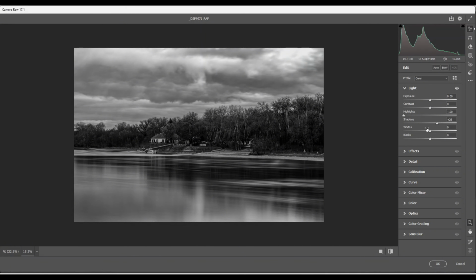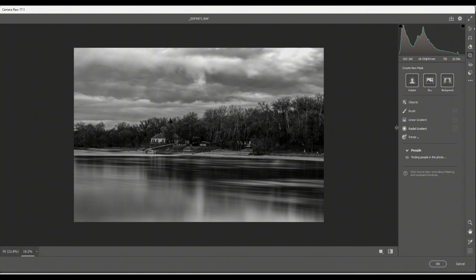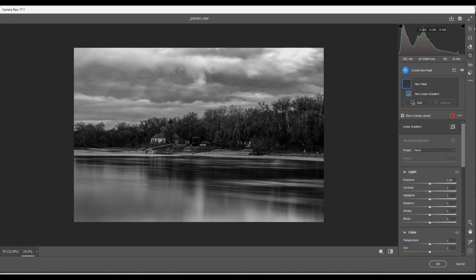And now we're ready from the exposure panel. Now comes the best part of turning your images into a much better black and white image. And we're going to do that by using some masking. Go to the masking tools, and here I'm going to use the linear gradient, and we're going to place it